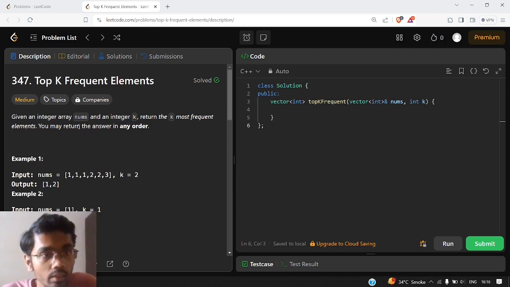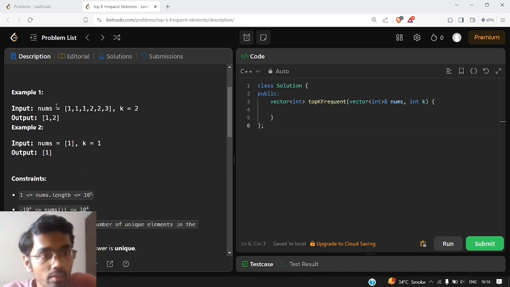So what is the top k most frequent elements? Let us understand with the help of this example. In this example we are given this integer array nums which contains some numbers, and we are given k value as 2. So that means we need to return the top 2 most frequently occurring elements. Now what does most frequently occurring element mean? That means the numbers which are occurring the most number of times, those 2 numbers we need to return. Since the k value is 2, we will return the 2 numbers that are occurring the most number